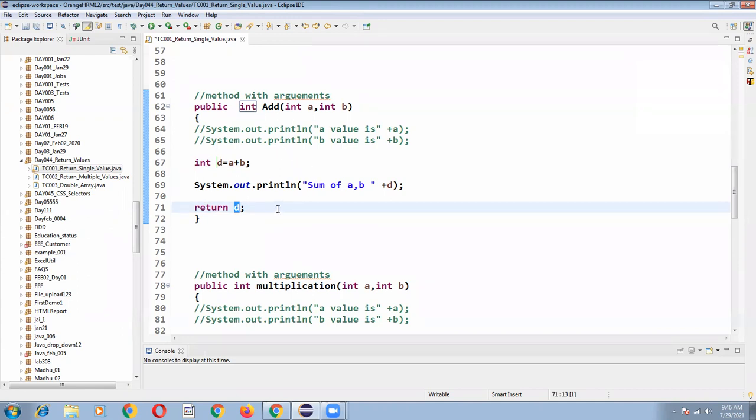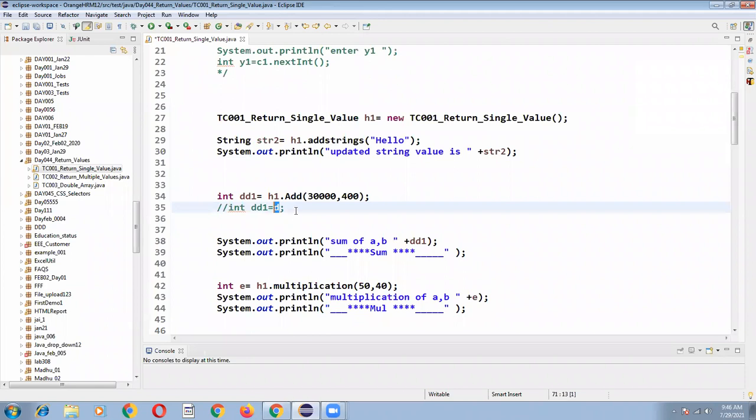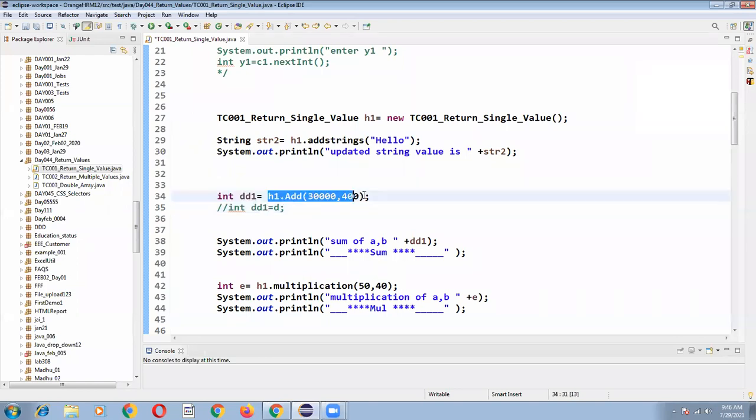That d value is stored into this one, just like a is equal to b, b is equal to c. So from this method, some value is returning. What is that value? d. So the return value is d, and that d value is stored into this variable. So the sum of a and b will be printed as 30,400. Okay, first let me run the program before explaining the next things.